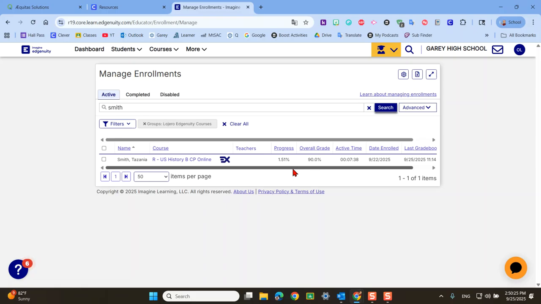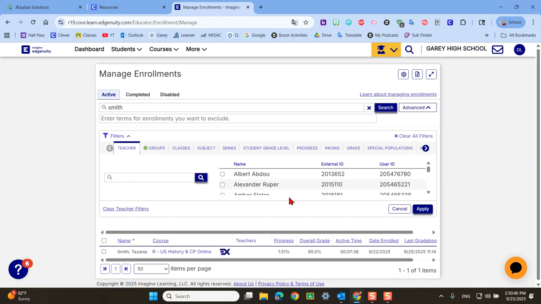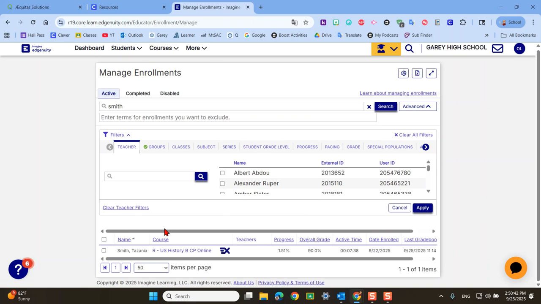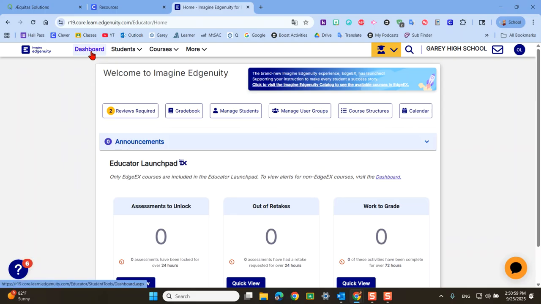That would help me as a teacher to see where she's deficient in terms of catching up on her work, unless there's a filter on here somewhere that I can add. Maybe I'm missing something there. So I guess this is the dashboard version of EdgeX, which seems a little bit inefficient